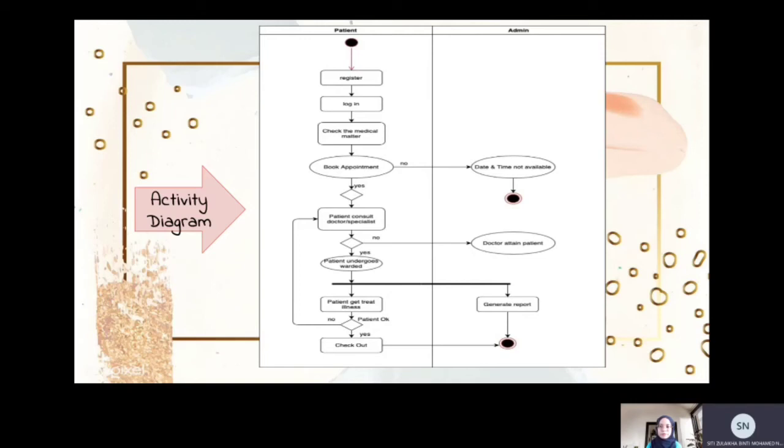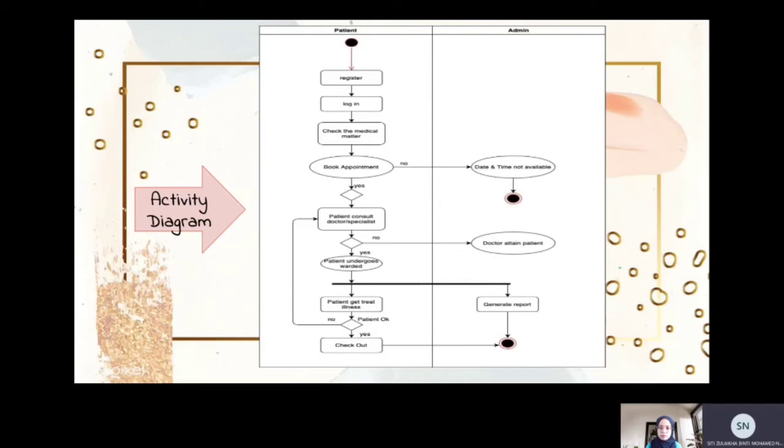After the patient checks the medical matter, the patient can book an appointment. If the appointment is not available, date and time not available, the patient can stop there. But if the appointment is available, the patient can consult the doctor or specialist.